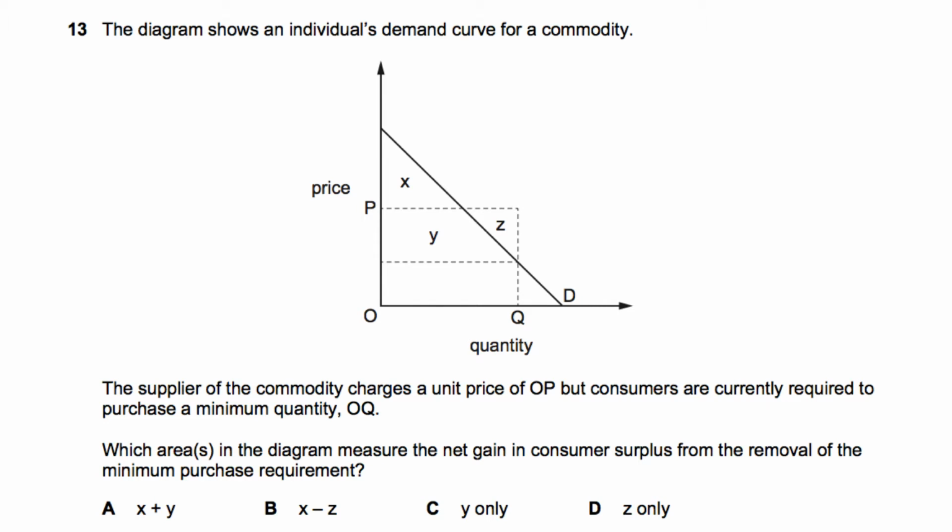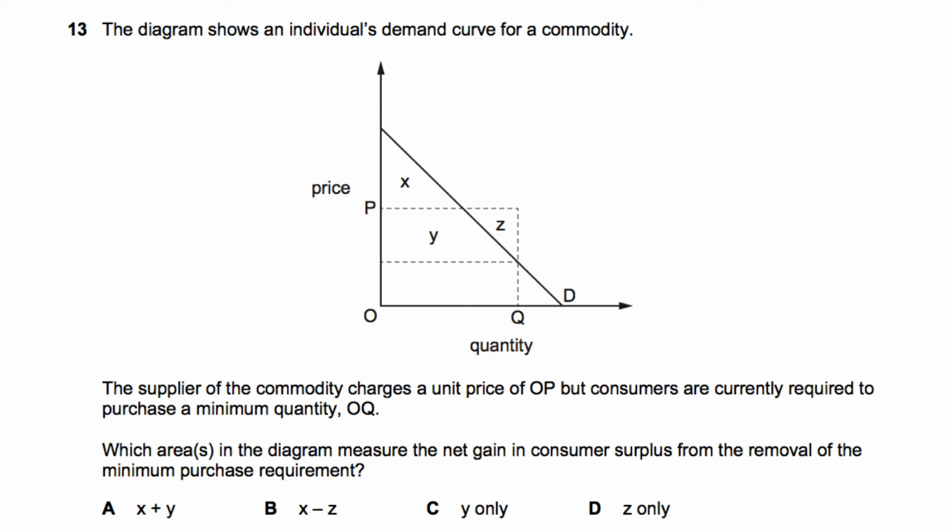This is question number 13, and it says the diagram shows an individual demand curve for a commodity. The supplier of the commodity charges a unit price P, but the consumers are currently required to purchase a minimum quantity OQ. Which area in the diagram measures the net gain in consumer surplus from the removal of minimum purchase